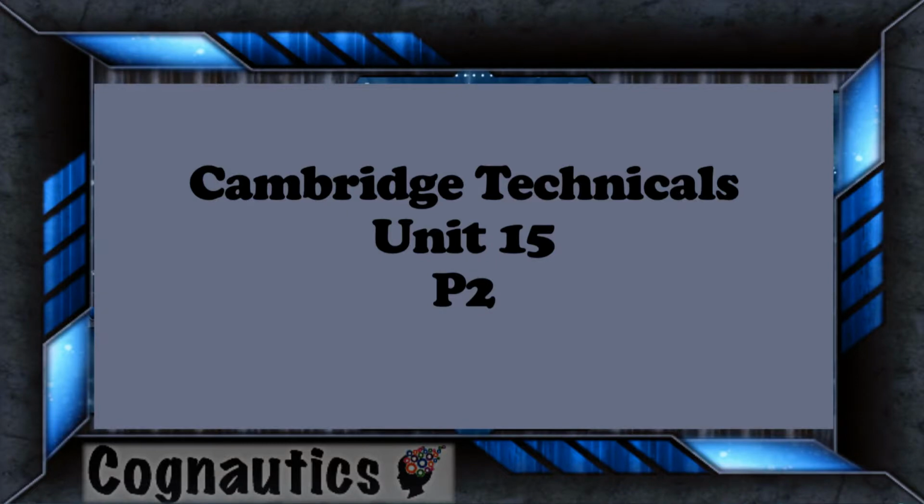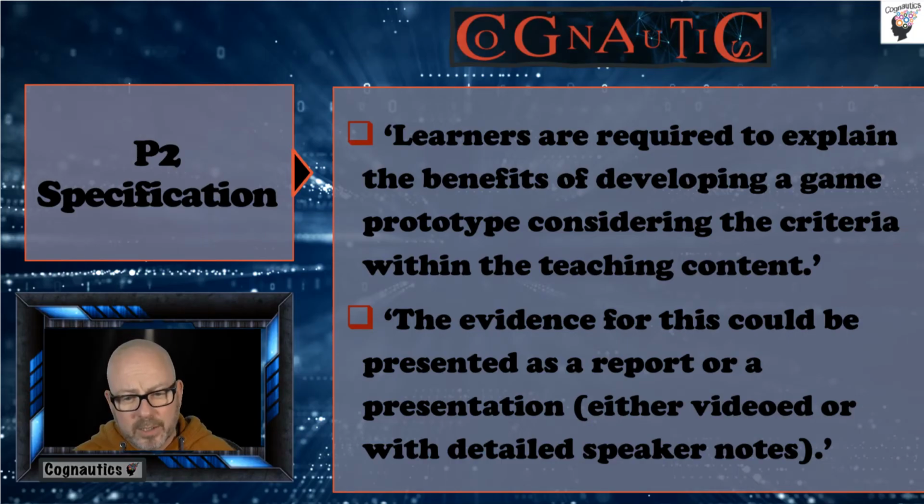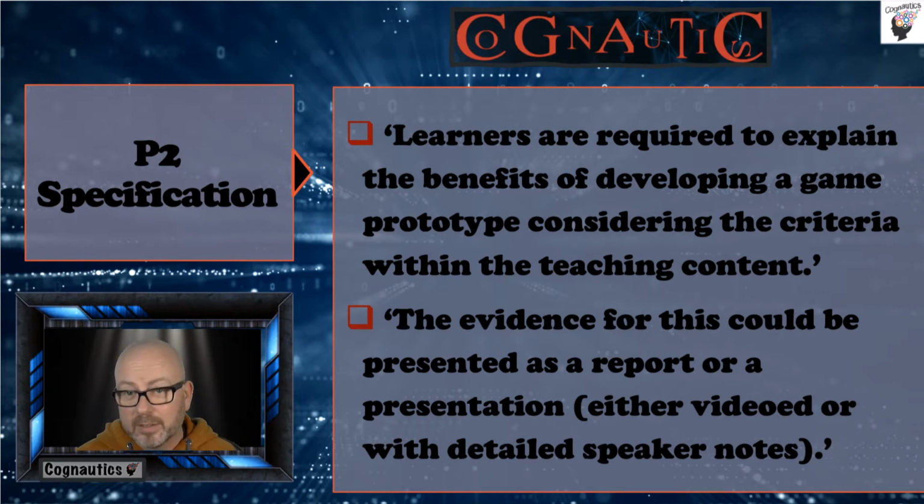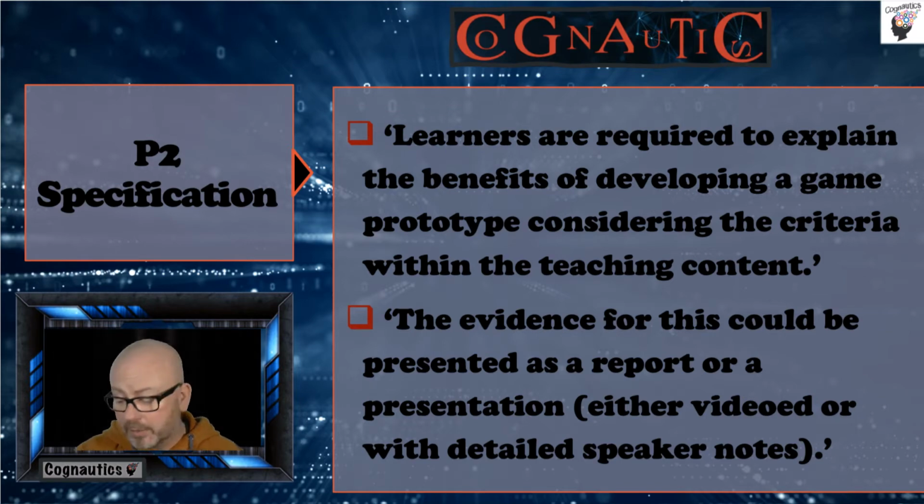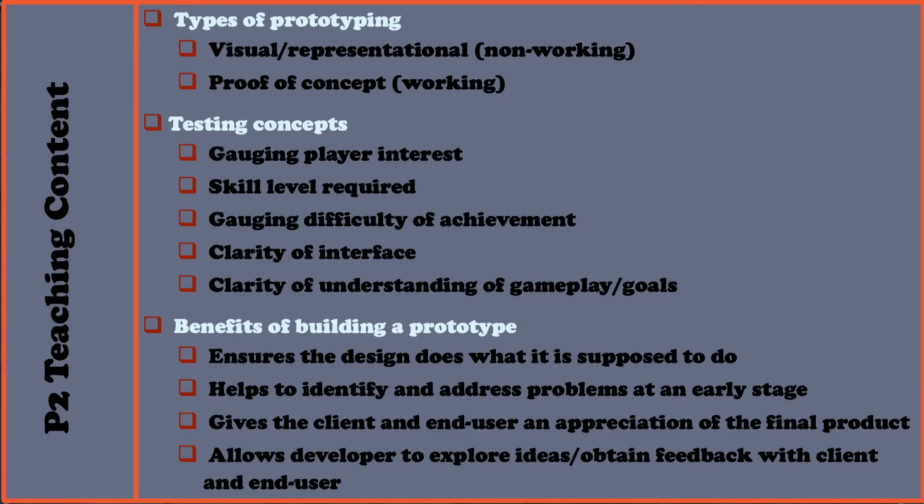We're looking now at P2, part of Unit 15. This is all about prototyping. Learners are required to explain the benefits of developing a game prototype considering the criteria. And we're going to look through the criteria and have a look at the different sorts of prototypes and the benefits of using them. We're going to look at two types of prototypes, the working and the non-working, and how